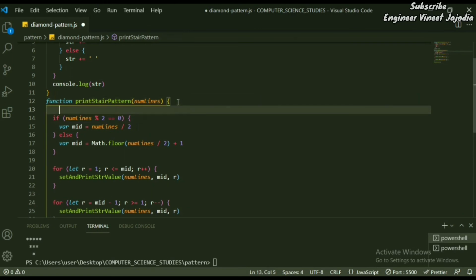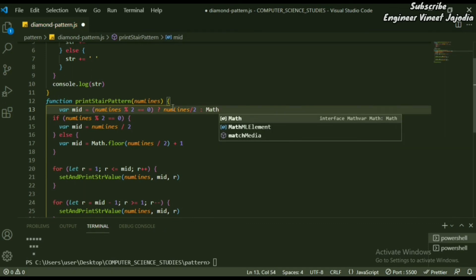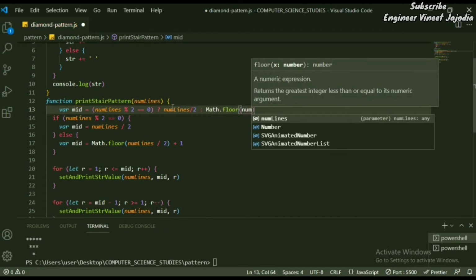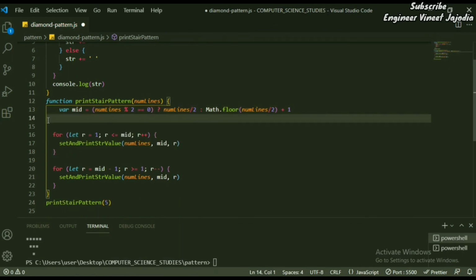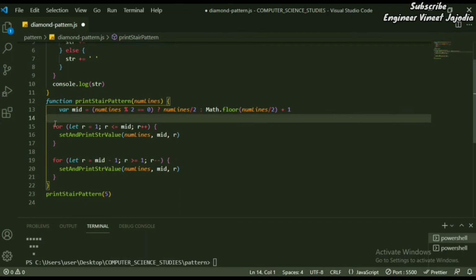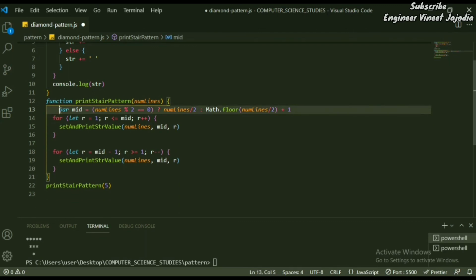So we are going to create a variable called mid, equal to a condition to be fulfilled: number of lines, if the remainder is 0, then the value of mid will be num lines divided by 2, else the value will be Math.floor of num lines divided by 2, plus 1. And we remove these lines. Now we can see how many lines have reduced while optimizing our code.